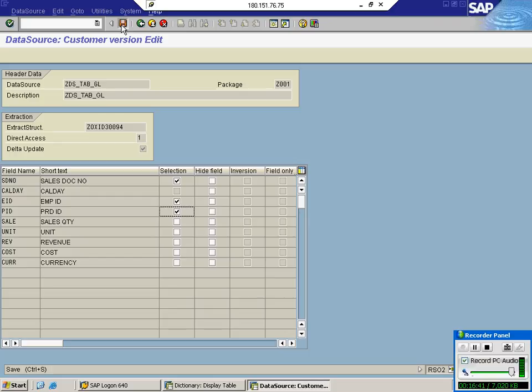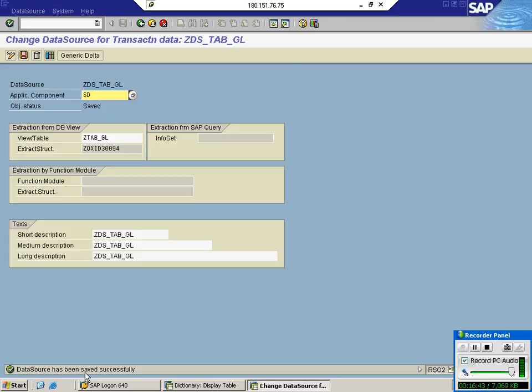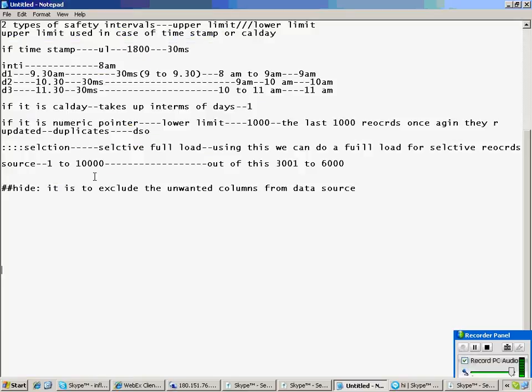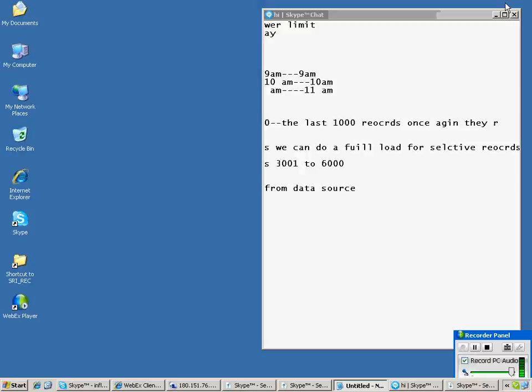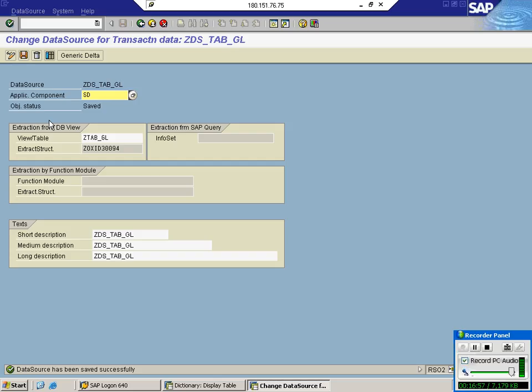I just went for selection, then save it. What does it say? Data source is generated successfully. So what is our next step? RSA3. Check the extractor. This is our data source name.